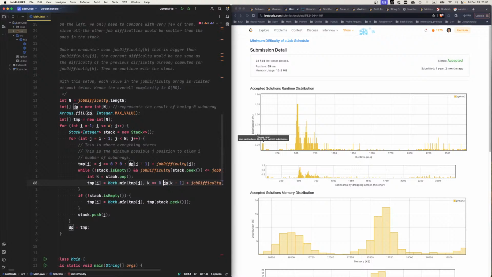K is equal to 0. If k is equal to 0, that will be 0. Otherwise, it will be this. Okay? So this now makes sense. And then at the end, we check this. This will make sense. Right? And then we'll push. And then we'll set dp equals temp,